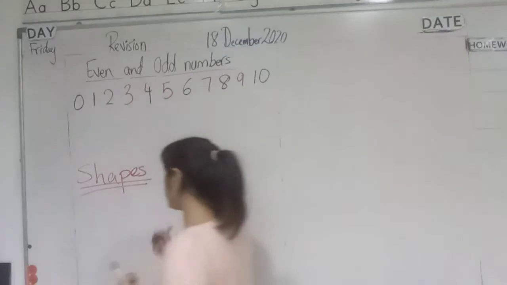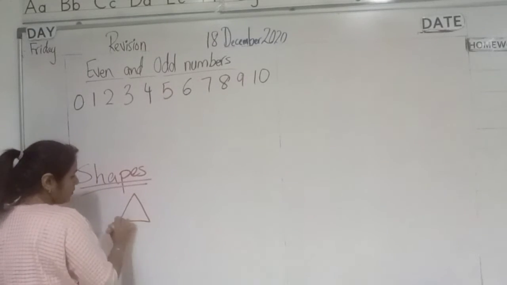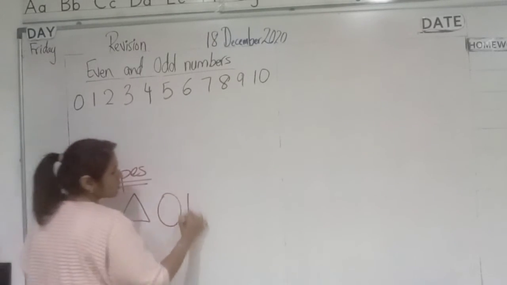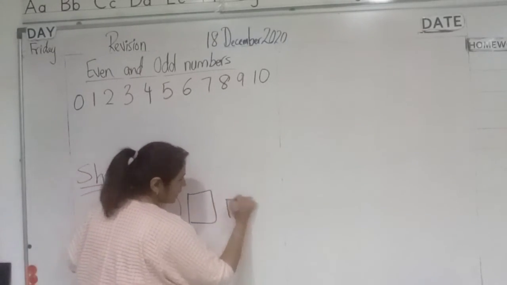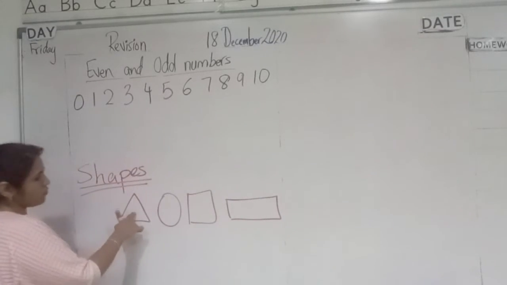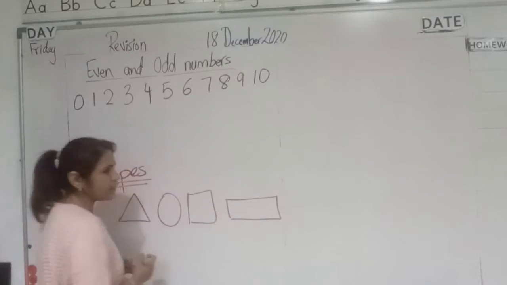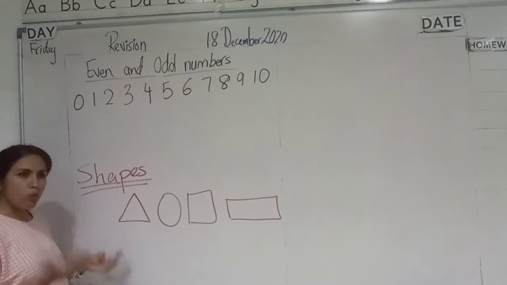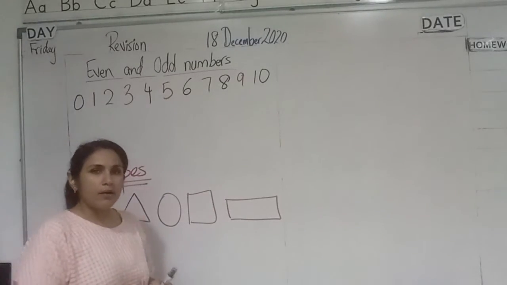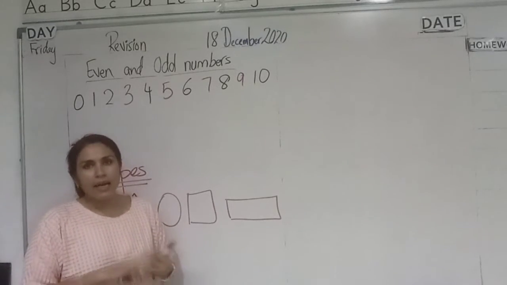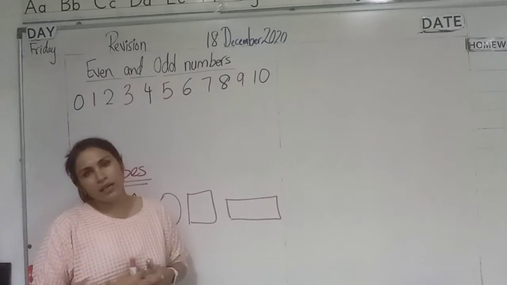The basic shapes which we have learned are square and rectangle, triangle, circle. Other than this, you have learned more about shapes, which are the pentagon, hexagon, octagon,